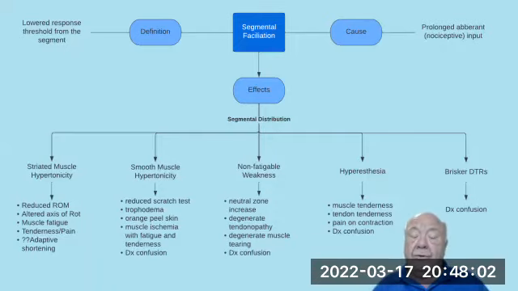Let's see what weakness can do here. First off, it can increase the neutral zone, so it loses dynamic stability, so the neutral zone gets bigger, and then you get this negative feedback loop kicking in with reflex inhibition because of that, and you end up with an end zone instability as well. The weakness can lead to degenerate tendinopathies and degenerate muscle tearing, and again, as I said, there's a diagnostic confusion